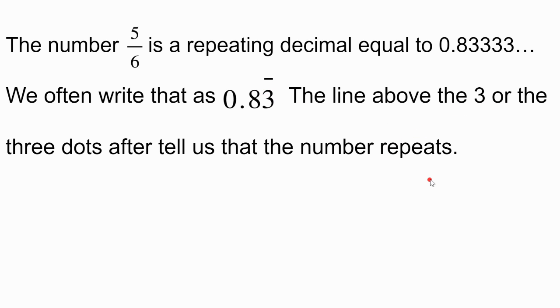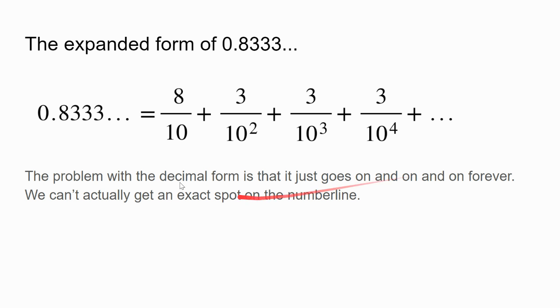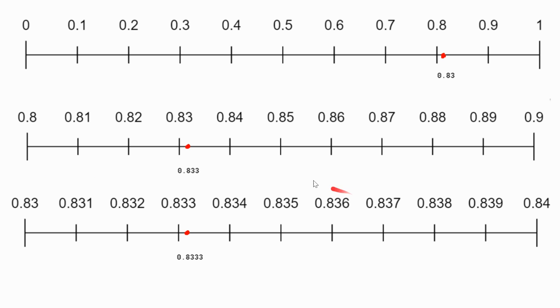All right. So if I expand it out, I have 8 over 10 plus 3 over 100 plus 3 over 1,000 plus 3 over 10,000, etc. It just goes on and on and on forever, and we can't actually get to the exact spot, right? So with the 2.53, I zoomed in, I had an exact spot. But